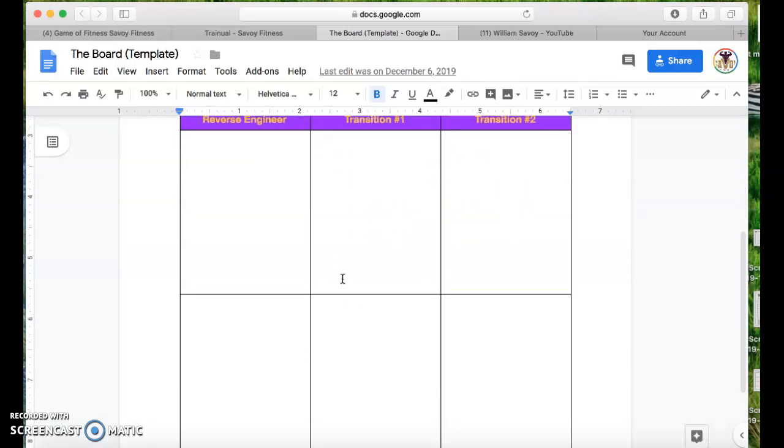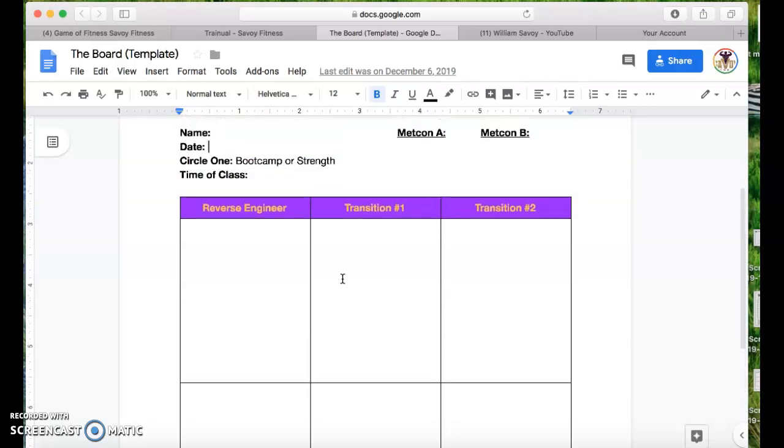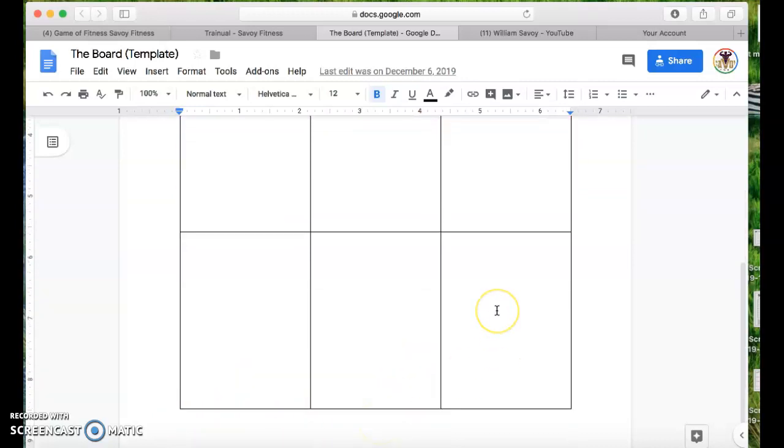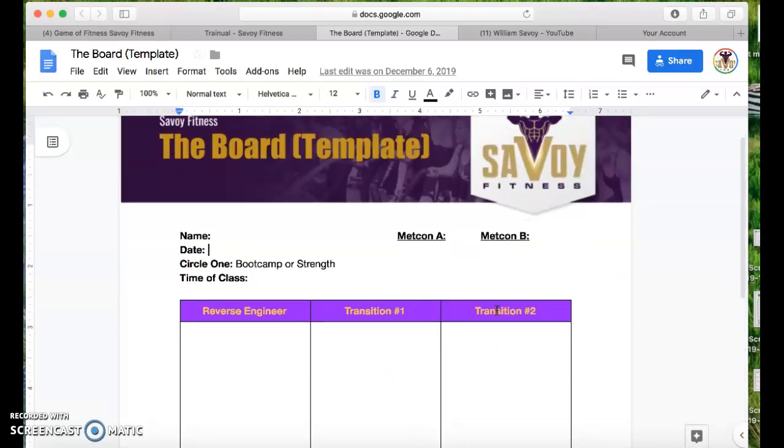Now, most of our workouts have multiple Metcons, so you do the same thing as you did for Metcon A for Metcon B. Reverse engineer the movements, go in for the transition round number one, and then go in for transition round number two. Now, you are required to make your own copies, of course,